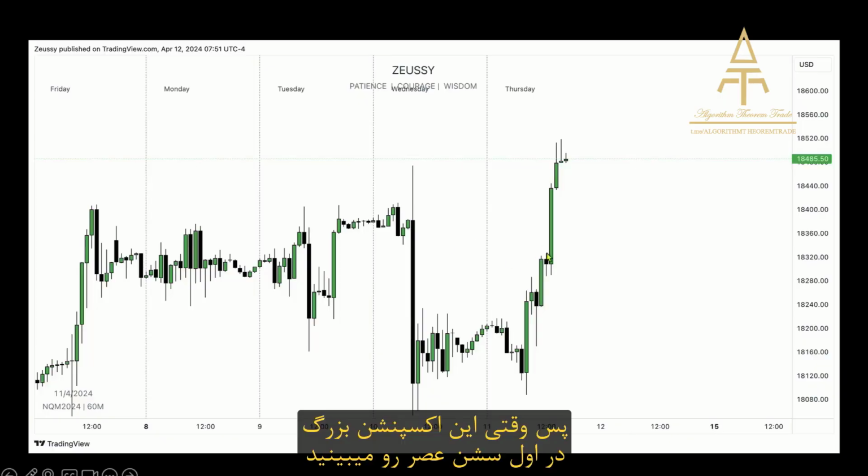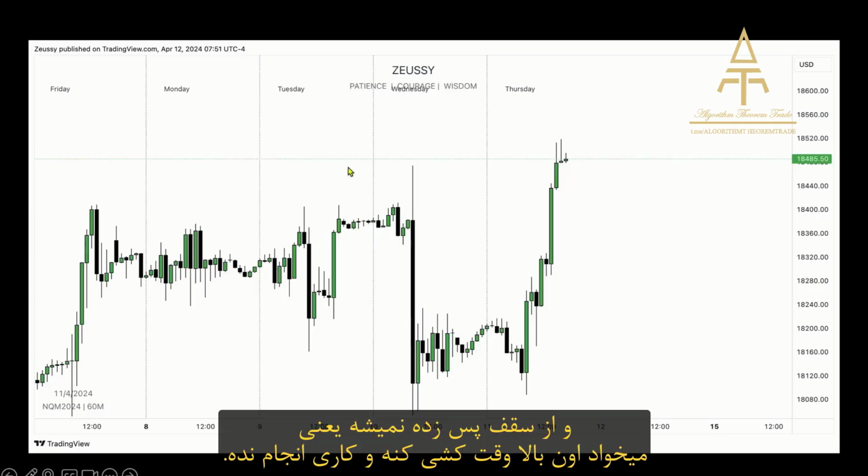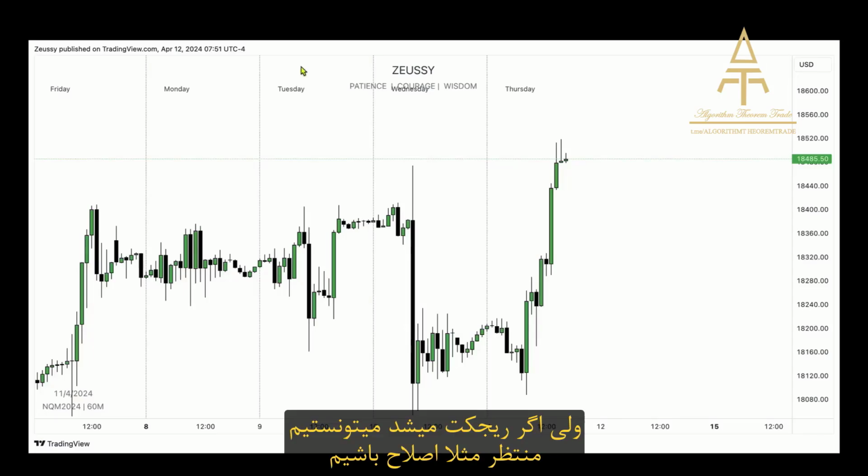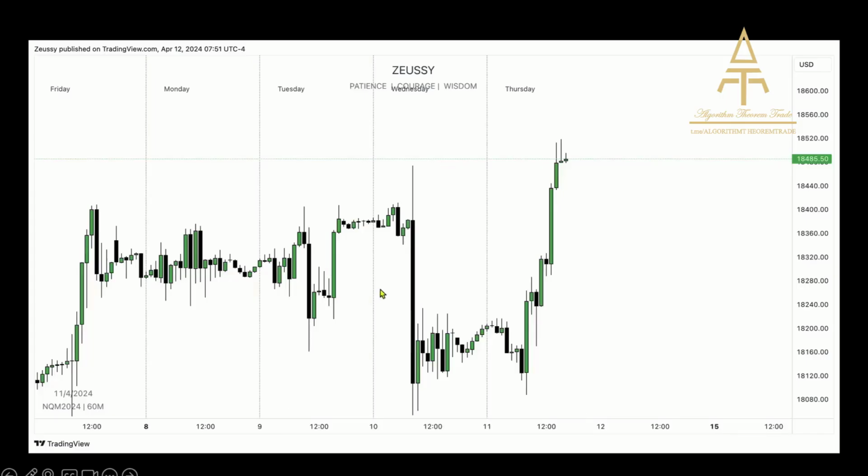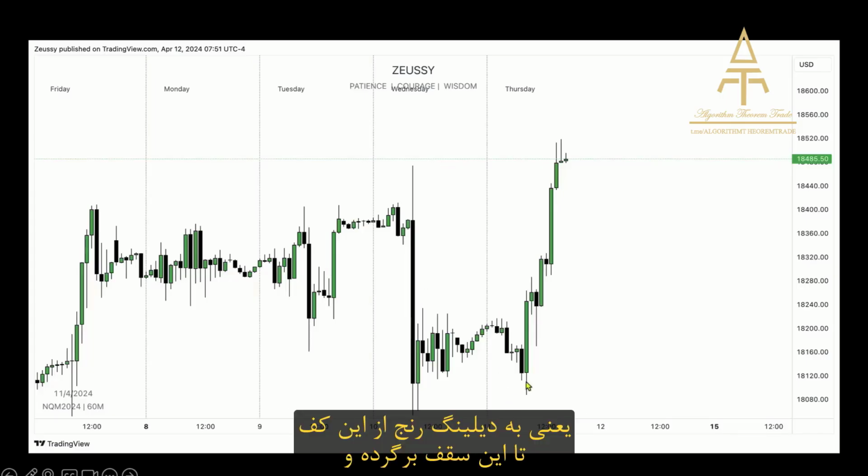So, whenever I see such a large expansion during the beginning of the afternoon session, and I do not see a rejection of, for example, a key high, a previous day high, I know it's likely to chop around or slowly expand higher. If we would have seen a rejection of this previous day high, then we could have anticipated the market to retrace into, for example, a discount of the current day range from the low right here to the high that would form somewhere.